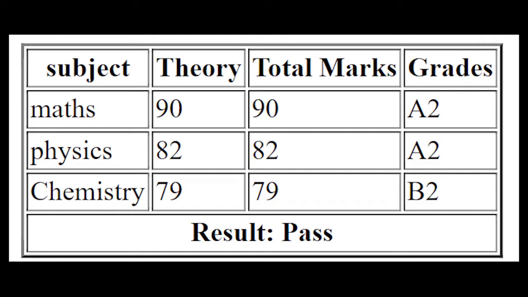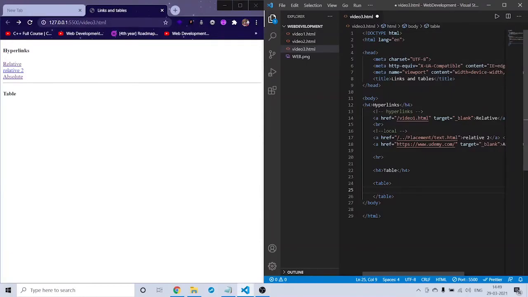If you see, the first row is highlighted, okay? As those are the headings, they are highlighted. We don't need to separately change the style of that. We can directly do that in HTML. So for that we need to give here thead, because they are headings. To be precise, we need to give here the thead tag, and in that head we need to give tr, which is the row one.